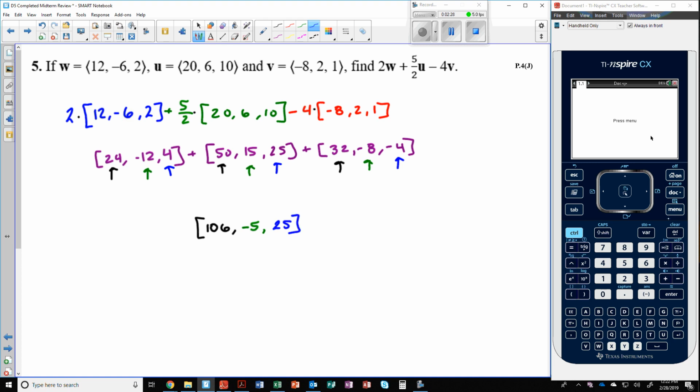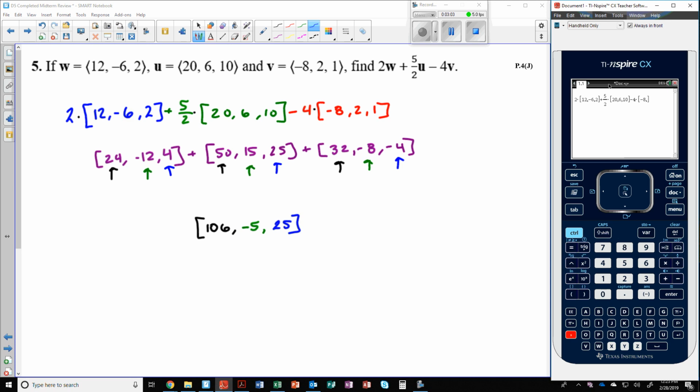Now to check it in the calculator. I'm going to come over here and type it in just as I wrote across this first line up here. So we'd have 2 times bracket 12, negative 6, comma 2, and then we're going to add 5 halves. So let me get fraction going here. 5 halves, multiplication symbol, bracket 20 comma 6 comma 10, and then finally we're going to subtract 4 times bracket